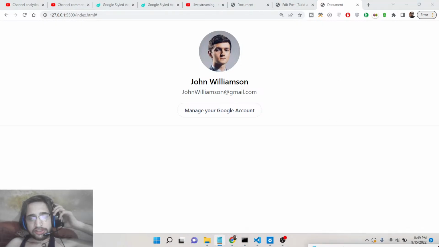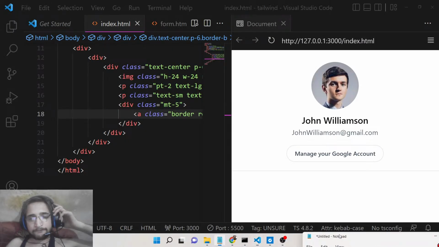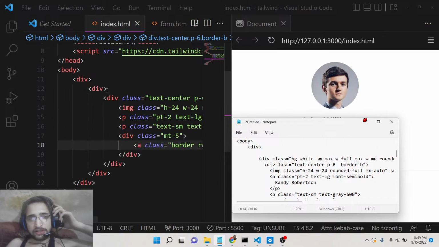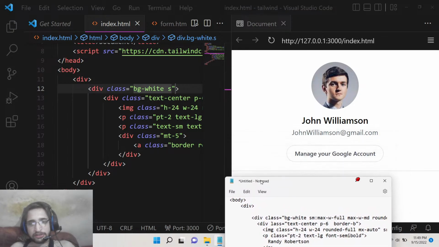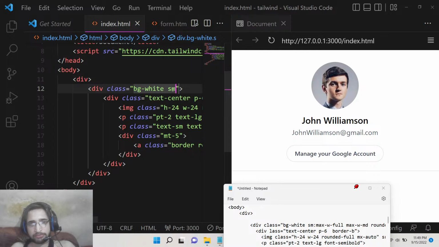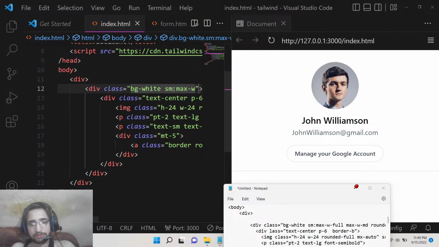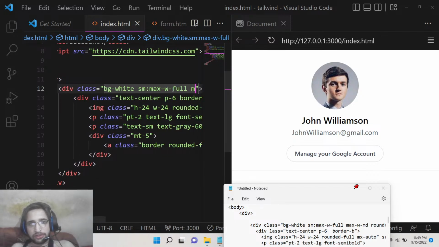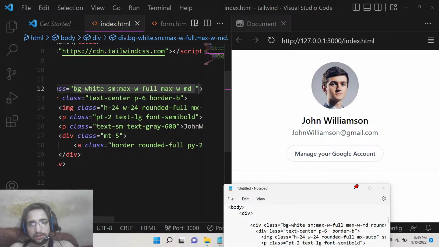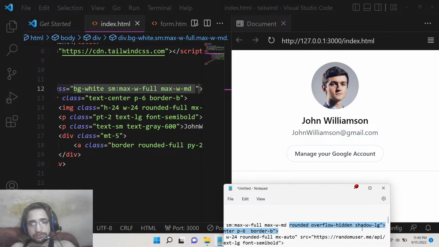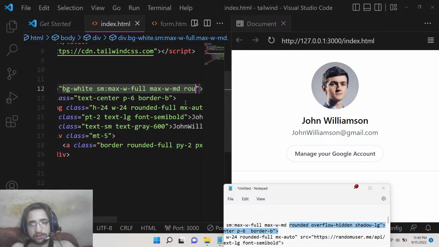your account button. So after this, we need to do something. Here we will target this div. We will first of all change the background to white, bg-white, and we will make the width, which we will simply say sm: on small devices make the maximum width full, and the maximum width should be set on medium devices as well. And also we will say that it should be rounded,